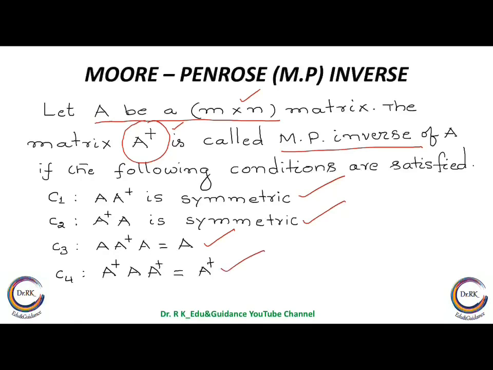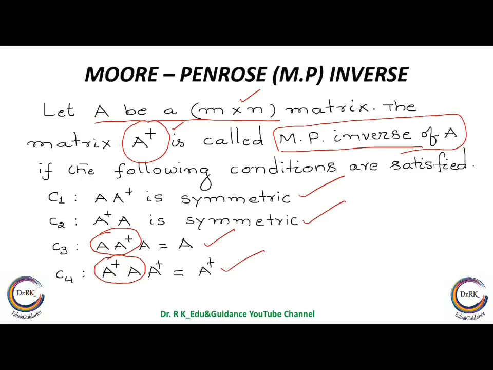It's not that A into A inverse always becomes I in this case, but assume something like A into A inverse equal to I. I into A is A, just for our understanding. So A plus means here A inverse into A is I, into A is A. So if the matrix A plus satisfies these four conditions, then we call it the MP inverse. That means for a given A, we need to find A plus which satisfies these four properties.